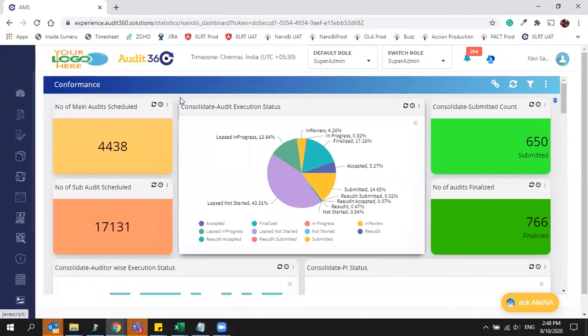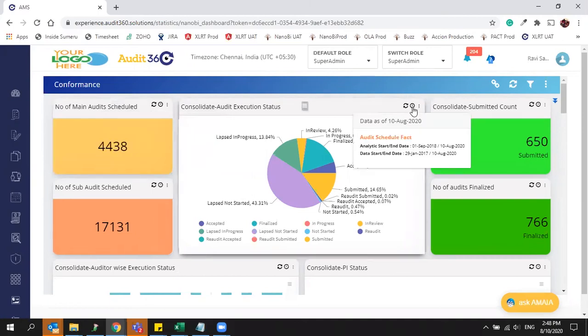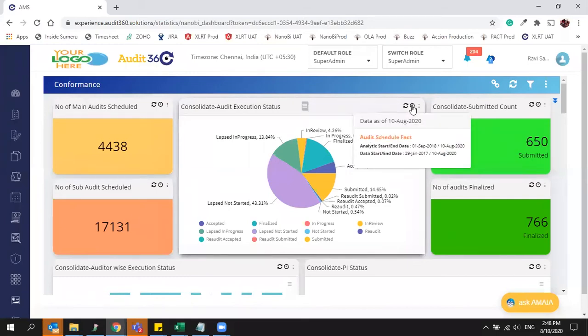Yeah. If you want to know the time period for which you are getting the analytics data, you can keep the cursor on any of the analytics and it will tell you the analytics start dates, like from when to when data is accessible. Currently the start date is 29th January 2007 till date, but the data you are seeing is 1st September 2018 to 10th August 2020. So this is how you can check what latest data you are seeing.